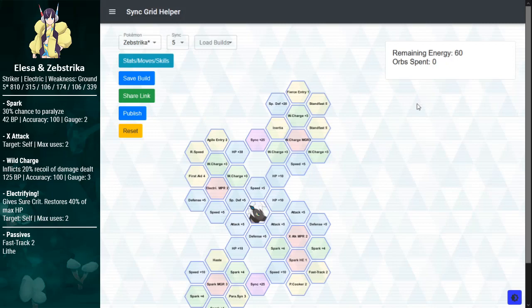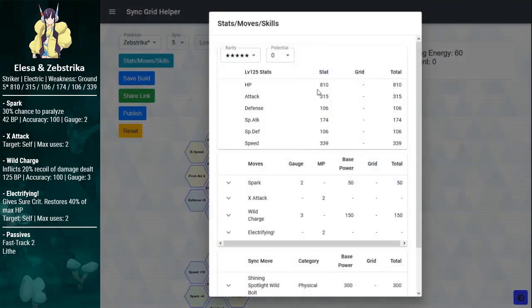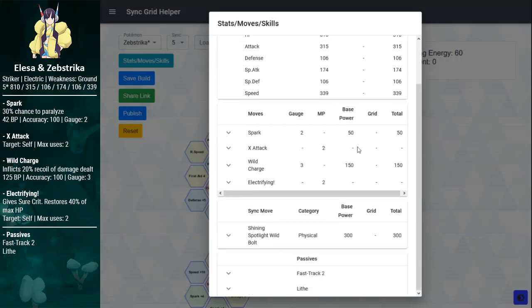Let's see, we got the queen herself, Elesa Zebstrika. She was always a bit of an awkward unit because when she was released, she was custom made for Price EX. She was a physical electric type striker, which we didn't have in the past, and she basically was built for that. But as the game and content progressed, she became very outdated because Elesa's bread and butter is Wild